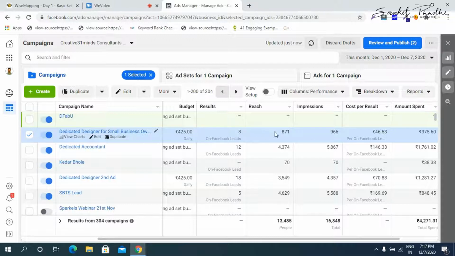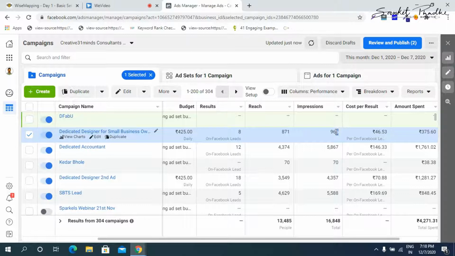these numbers. So this ad particularly says the reach is 871. This means that this particular ad has been seen by 871 people, or this particular ad has been seen by 871 Facebook accounts. Impression is how many times the ad has been shown by Facebook or to how many people.